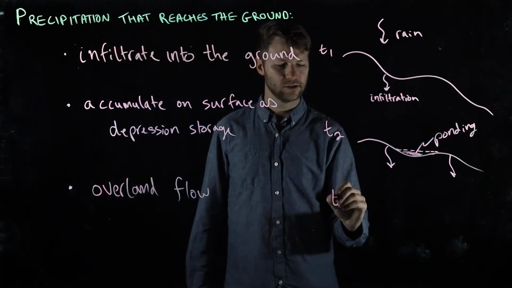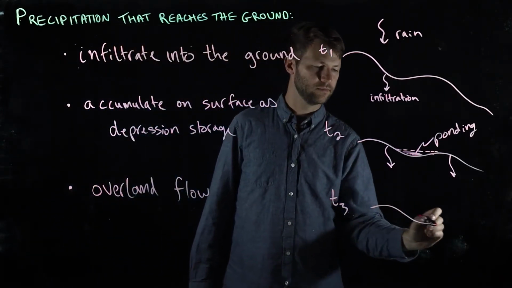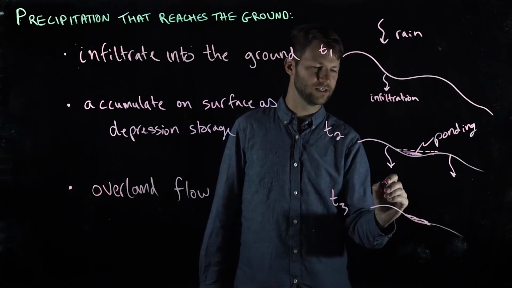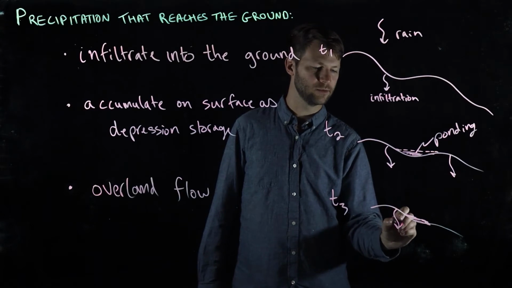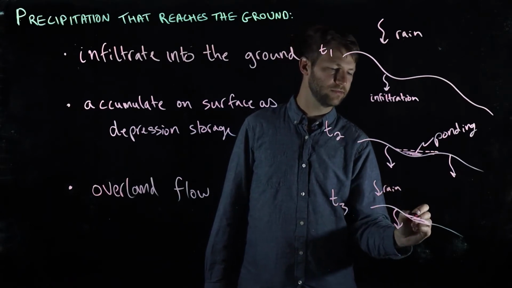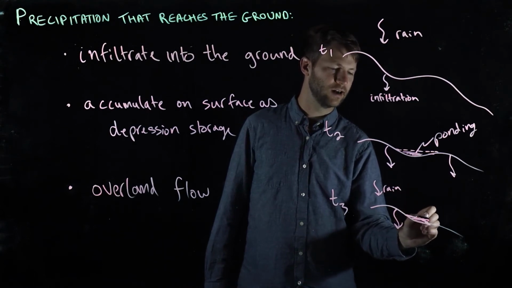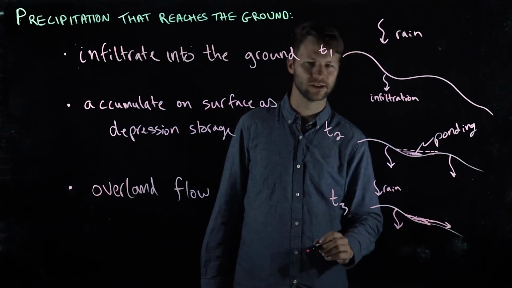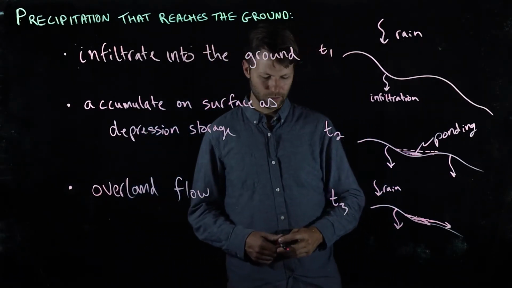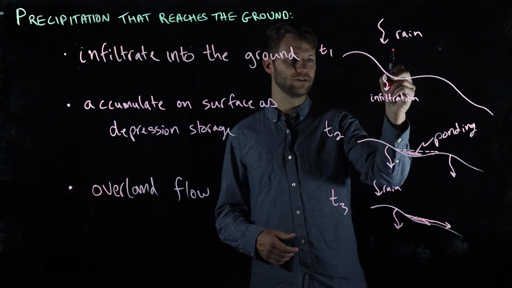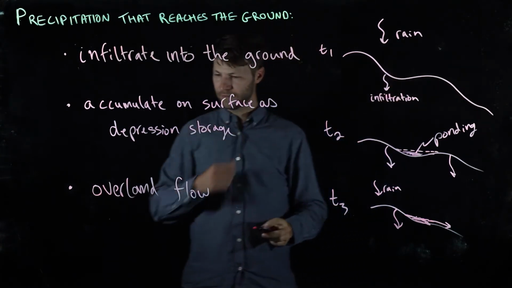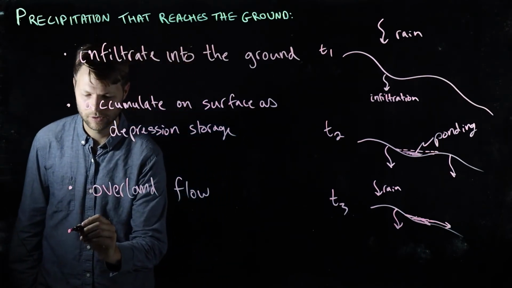And this occurs when there's enough water that's been accumulated in these depression storages here, and it's still raining. You might still have infiltration, you still got rain, but there's enough that the rainfall rate is causing this to flow over the ground surface, and so you're actually getting flowing water. And in our next video, we're going to talk a fair bit about this infiltration process in more detail, but I'll just say for now that the max rate,